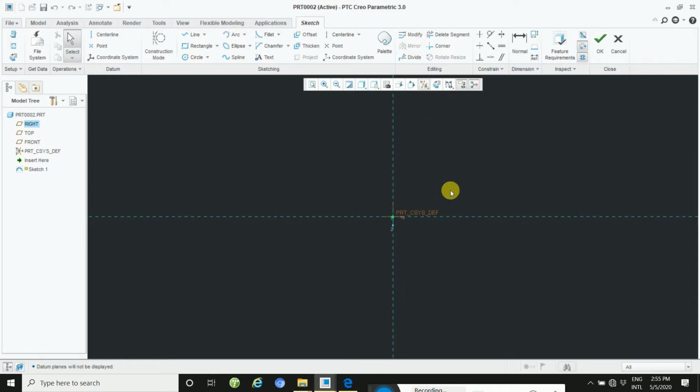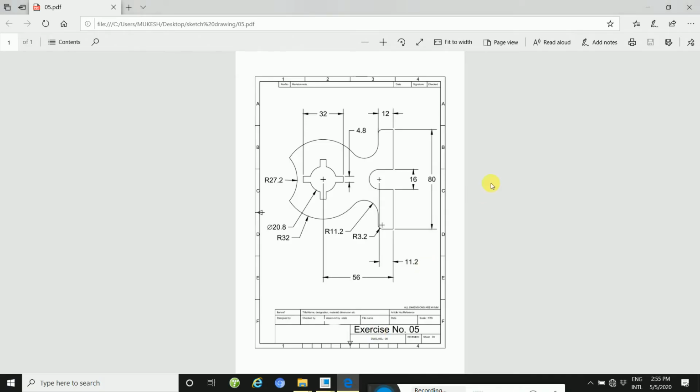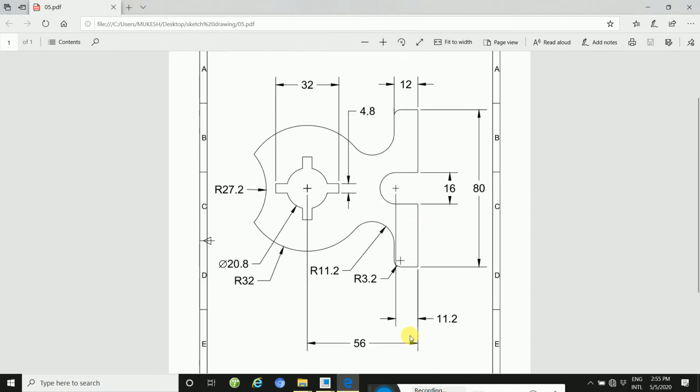Okay, and then draw your diagram. First you will see and analyze. All the dimension is 56, here height is 16, overall dimension is 80. Then here through 40.